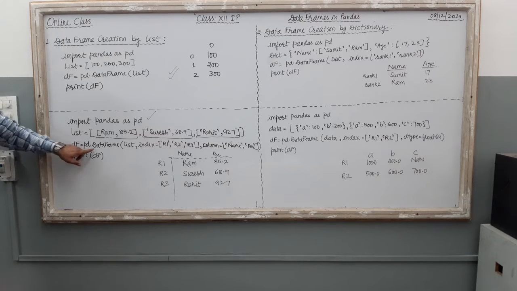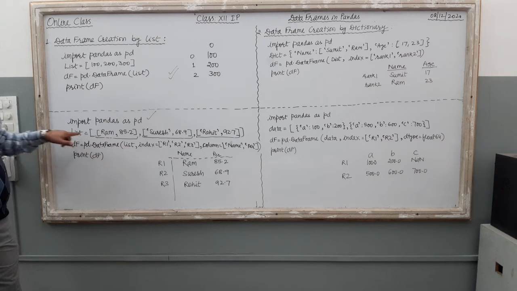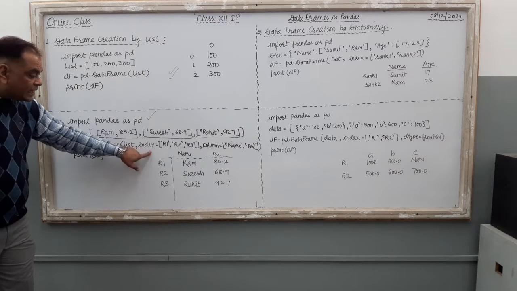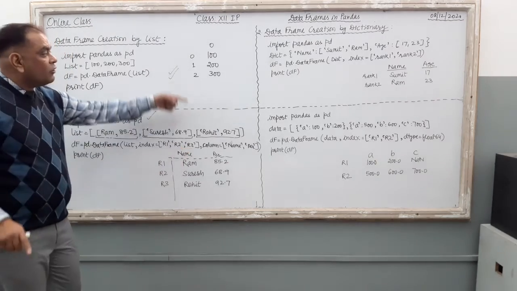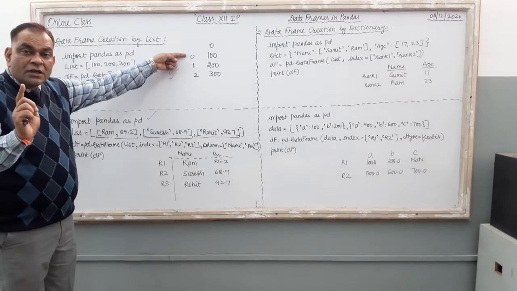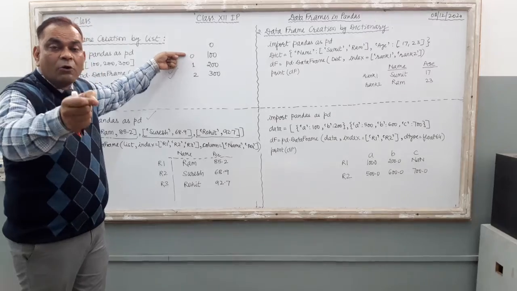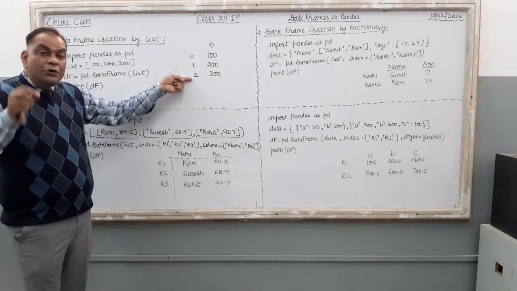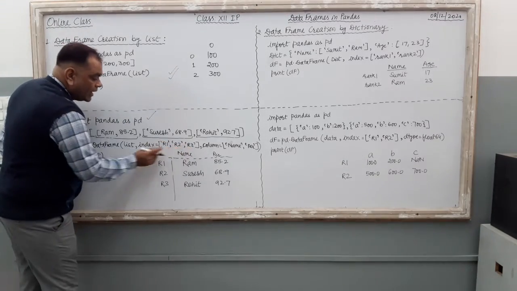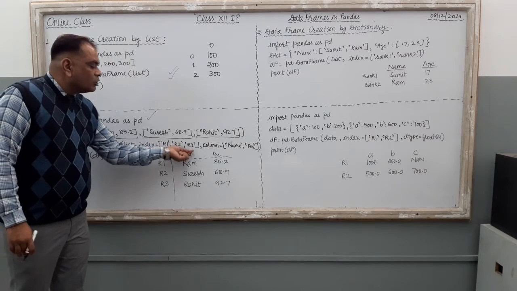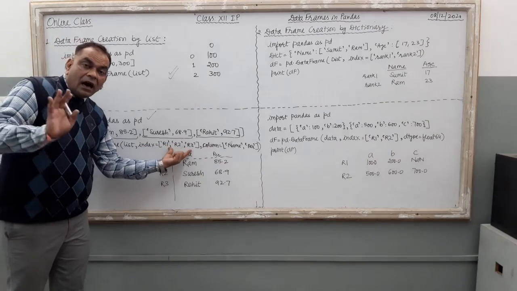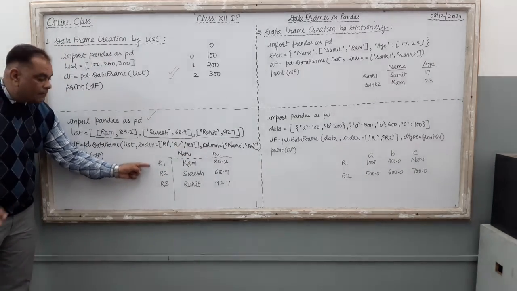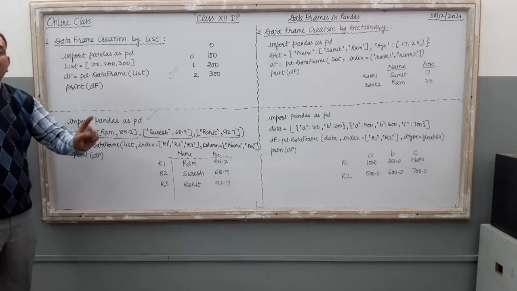The command is the same: df equal to pd.DataFrame, and here the list. This means this variable; the name of this variable is this. I use this list variable over here with index. Now just see indexes R1, R2, R3. Index means what? Position, or we can say the name of each and every row. It is known as index 0, 1, 2: 0 row, first row, second row. Instead of this default index value, you can give your own index also. Just see, by this command, index equal to R1, R2, R3, we supply our index names to the data frame. See, now 0, 1, 2 will not come here; R1, R2, R3 appear instead as the index names.